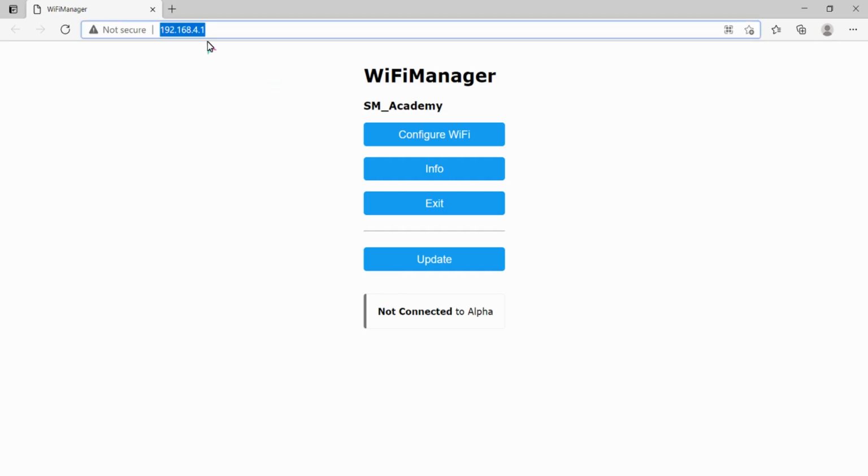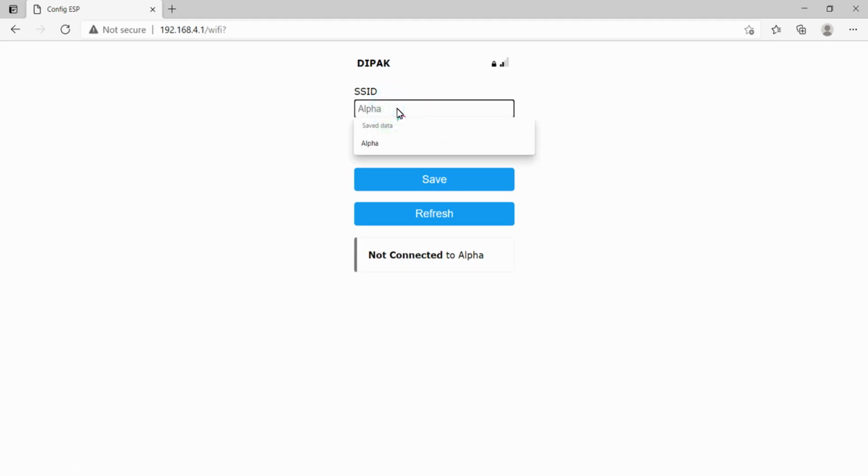So the connection has been made. Now you can see when I paste the IP address in the browser, this page will be opened, and using this button you can configure the connection between this NodeMCU and another access point. Click on this, and here give the access point SSID and then the password, and that's it.